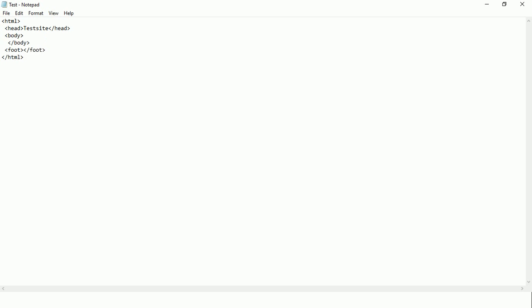In the foot part sometimes you write the terms and conditions and the copyright part. So you can write copyrighted.